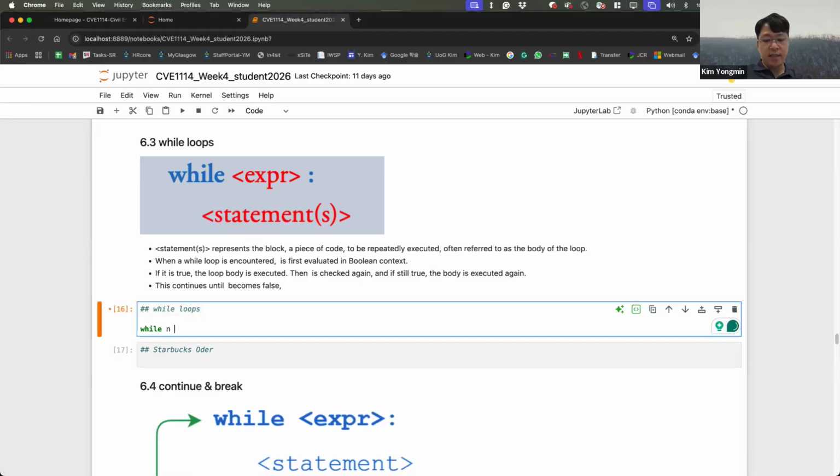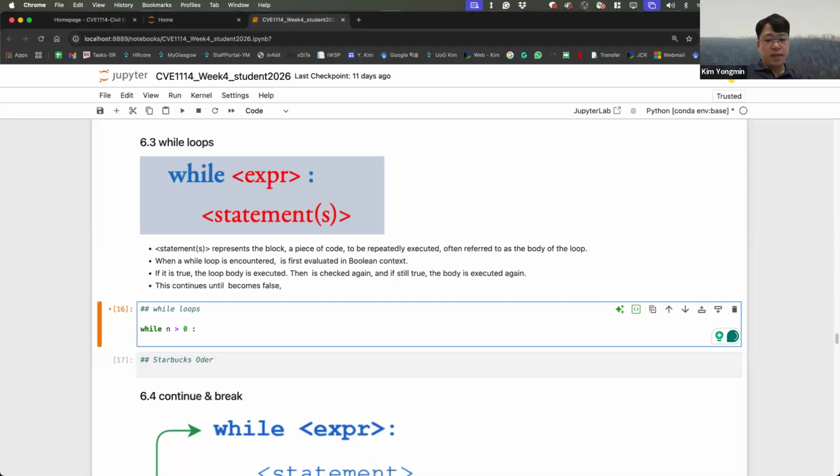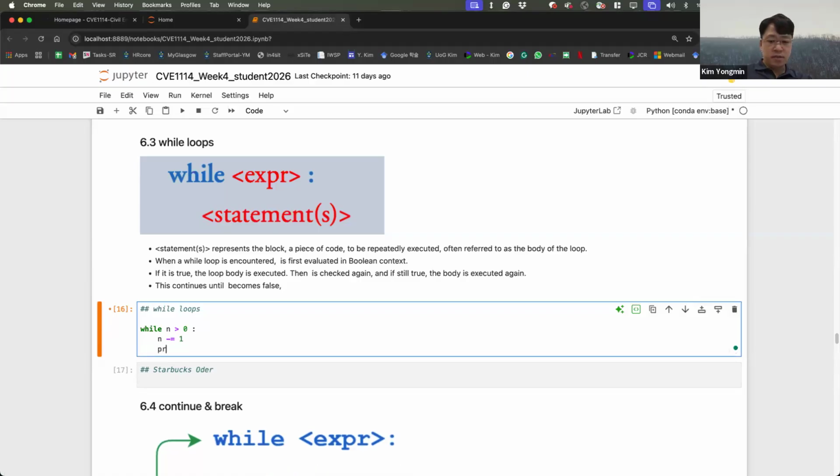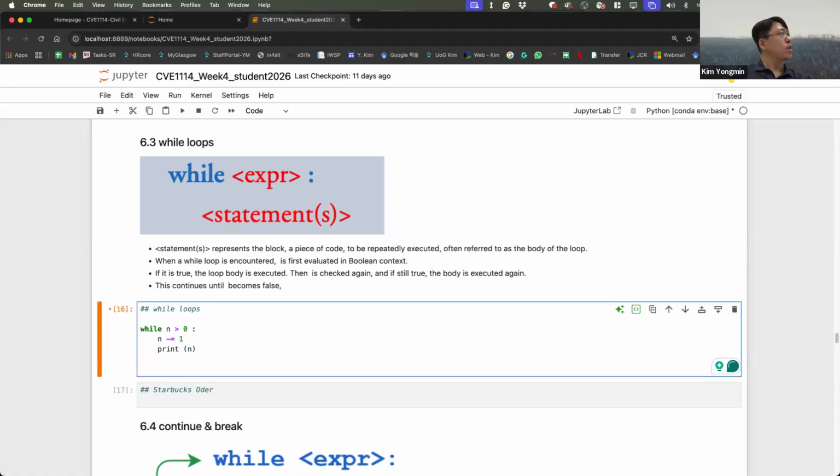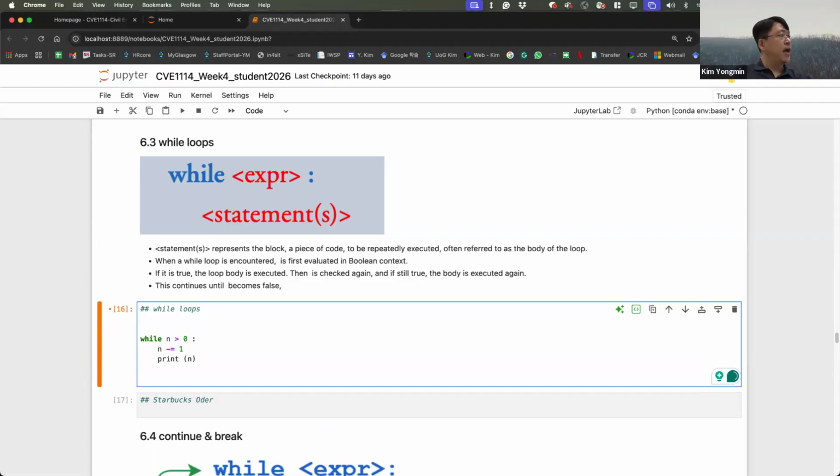While n is greater than 0, and then n minus 1 every time. And check the number n. Before that, we have to define n first. For example, 5. Now n is 5.